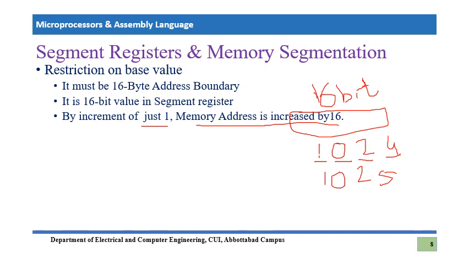But at this point, one must keep this thing in mind, that this is the only single restriction on the value of the segment register, that is 16. It must be a 16-byte address. For example, the valid addresses will be 000, 0010, 0020, and so on. If you see this value,